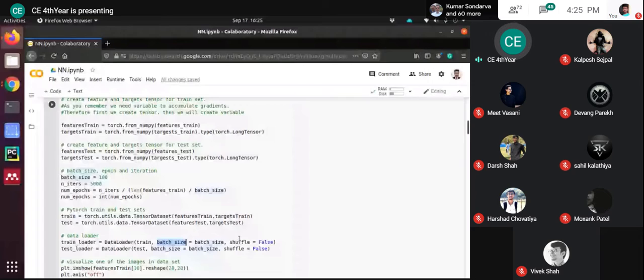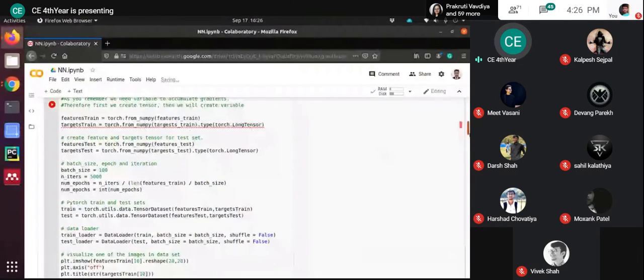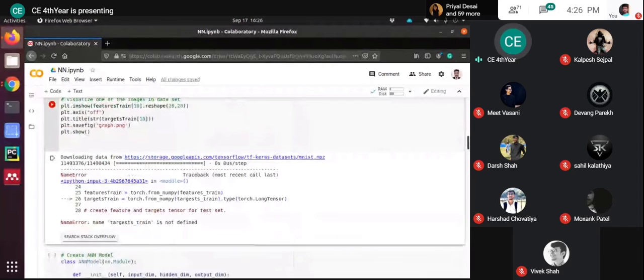So we have discussed this in the past laboratory, what exactly the use of the shuffling as well as the batch size is. Shuffling might be clear, but can you recall why we are passing this batch size over here? Right, and let me just run this particular cell. So meanwhile, once you observe the output, think about it. Okay, so we have some error over here. So can you figure out what exactly the reason for this error? Targets. Okay, so